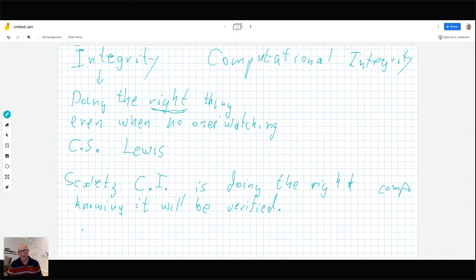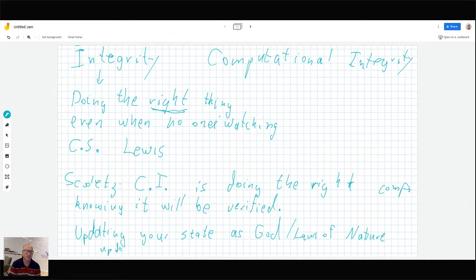But I prefer a different definition, the one that I offered, which I'm not sure is exactly capturing the spirit of it, but it is: updating the state of your system, as you could put here either God or the laws of nature, or think of some very good, benevolent being, updates